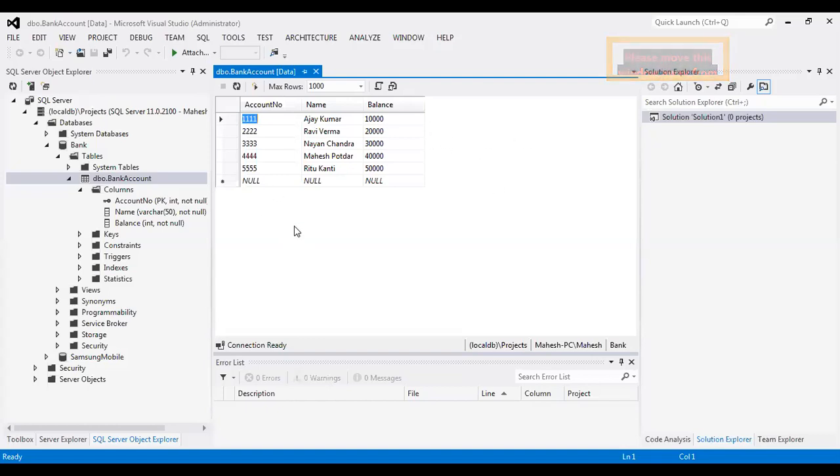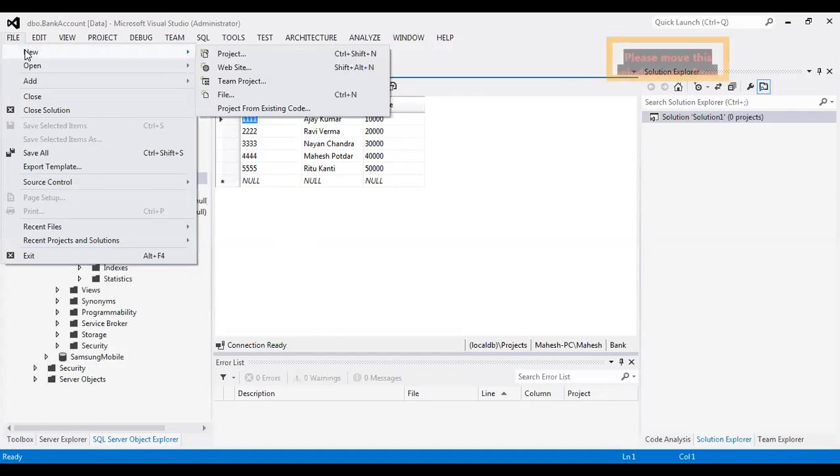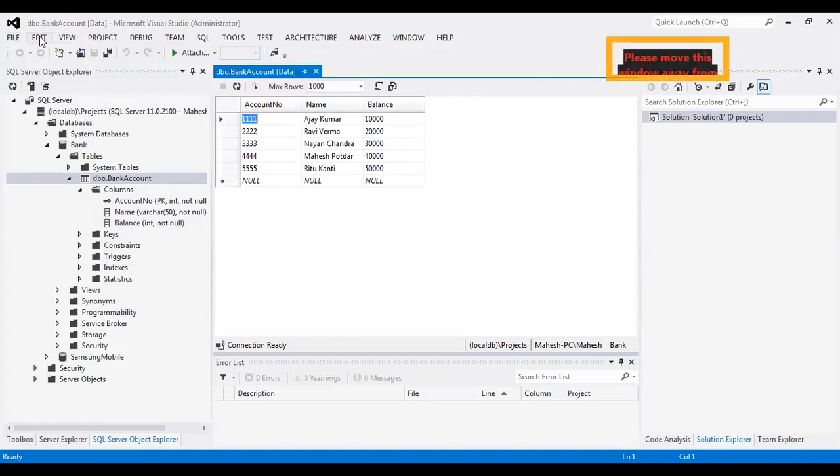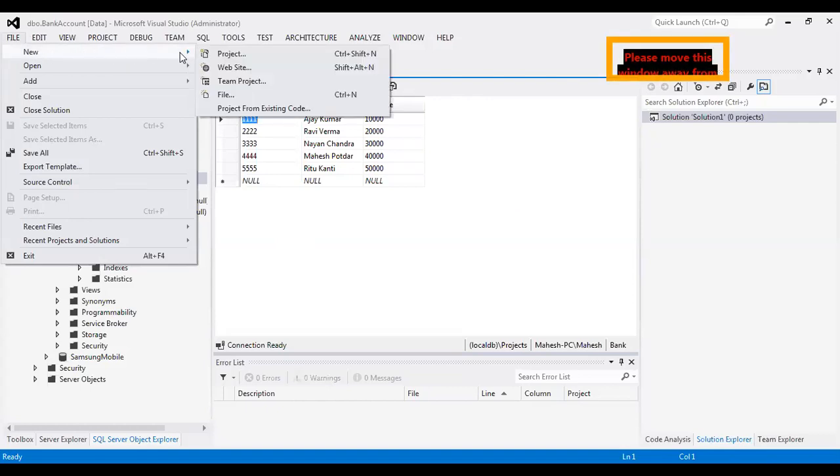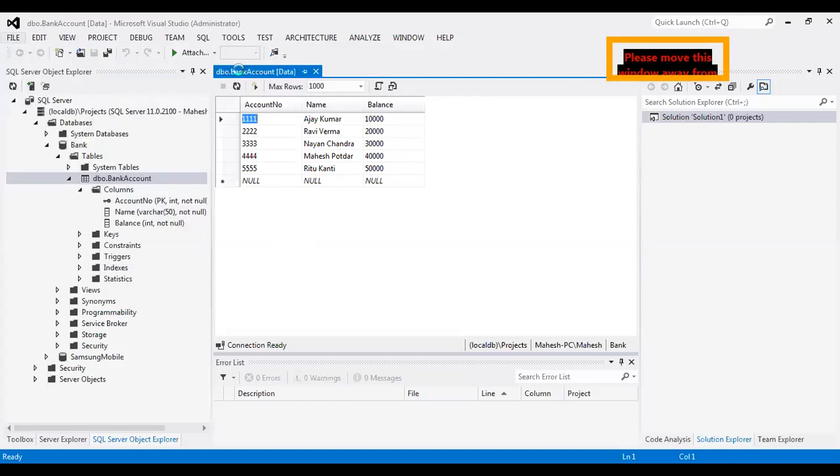So this is our environment. The first step is File, New, Website.